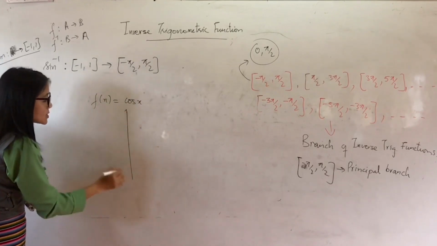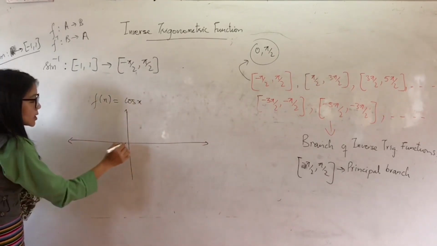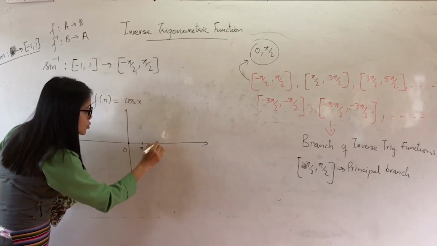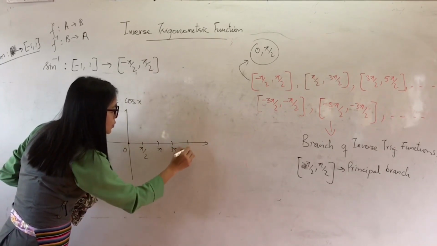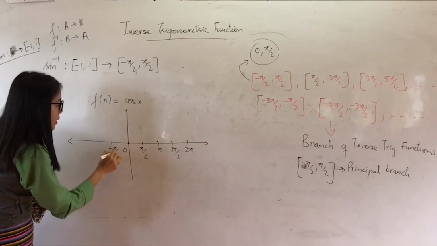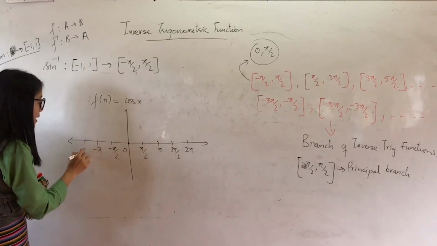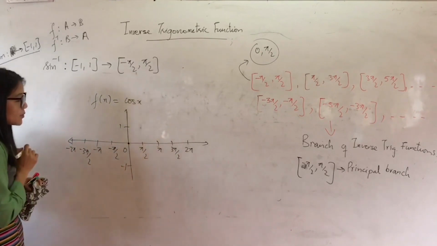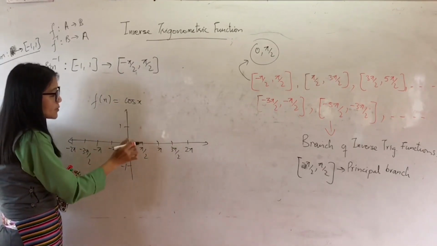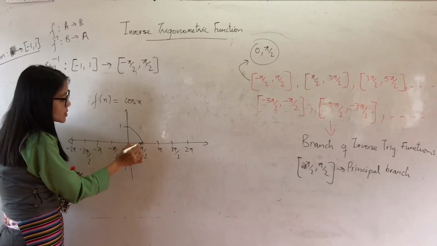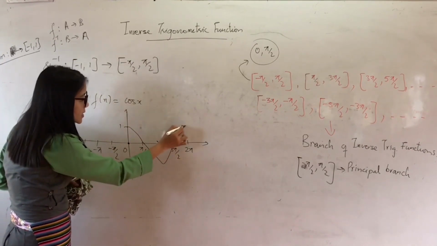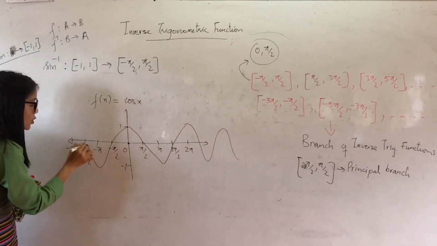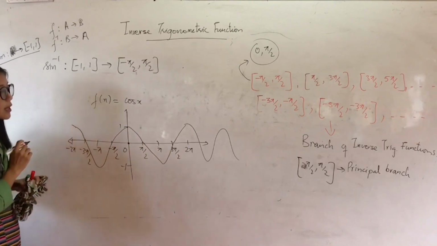Now you know the graph of cos. I think with this example you will be clear with the concept. 0 to π/2, pi, 3π/2, 2 pi, and here I have -π/2, -pi, -3π/2, -2 pi, and this is 1 and this is -1. So the graph of cos, in the first quadrant it is decreasing from 1 to 0, again it is decreasing, then it is increasing. So this is the graph of cos, it goes like this. And here also the graph of cos is like this.